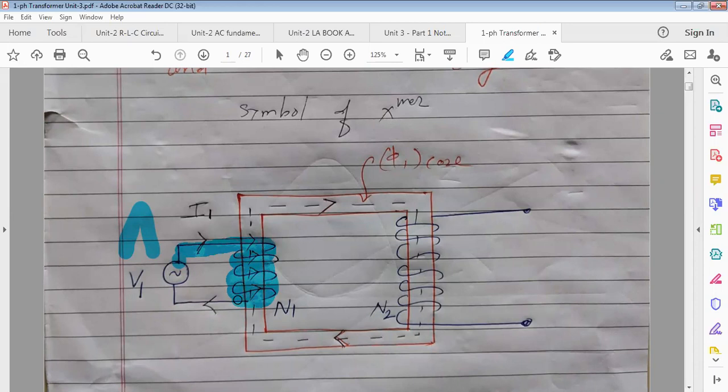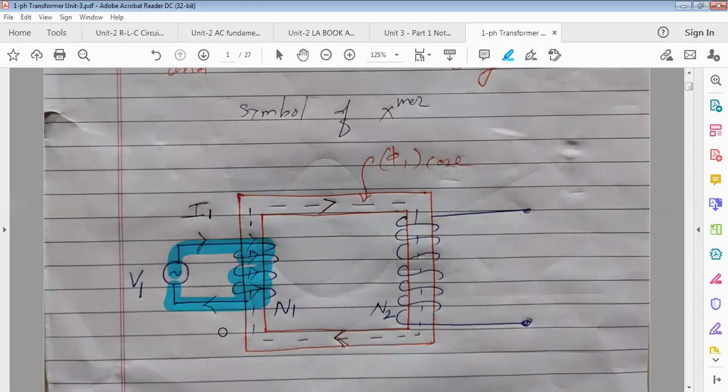So it has many turns, and then this is, suppose, another point. I will mark it as B. So between A and B, this primary winding is continuous. From A the copper conductor starts, and at B it ends. And between A and B, what have we connected here? An AC voltage source. So the moment you switch on the AC voltage source, AC current will start to flow through these N1 number of turns. Then it will produce a magnetic field around it.